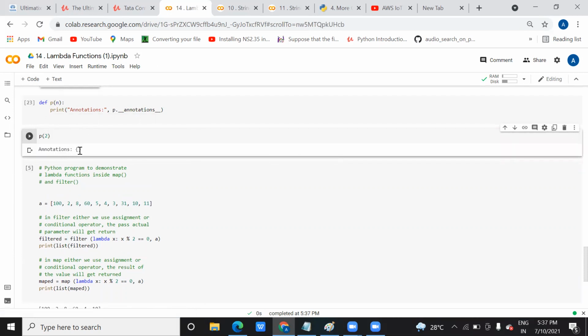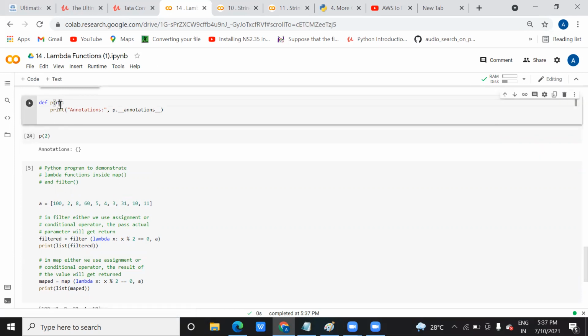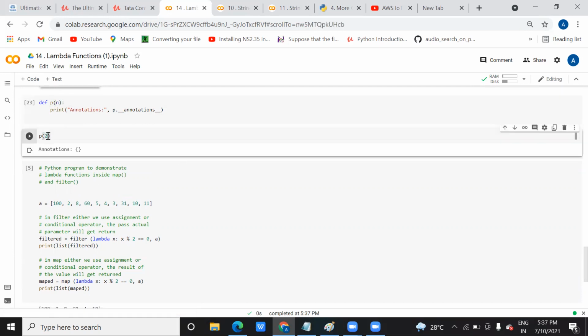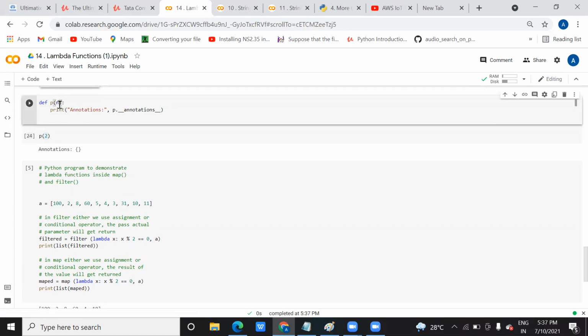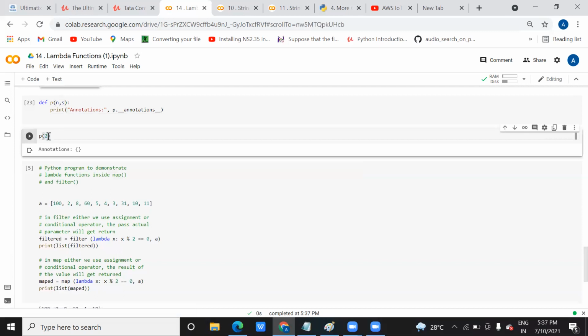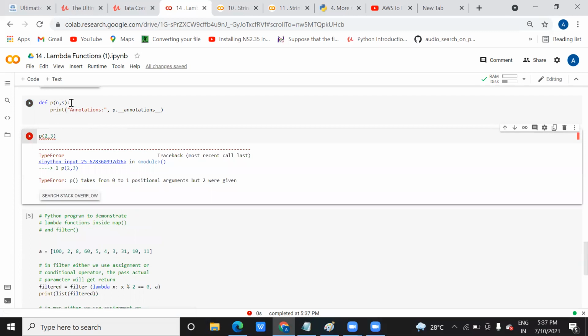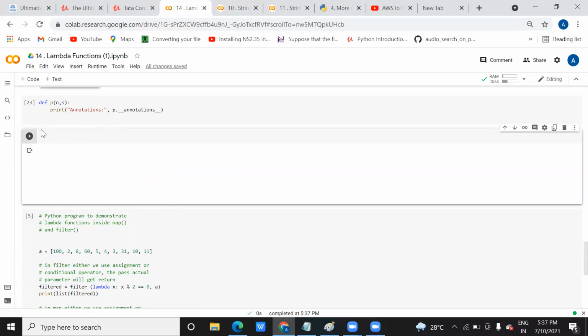Okay, but it's not printing anything here. Let me try with another function because it is not giving anything here.